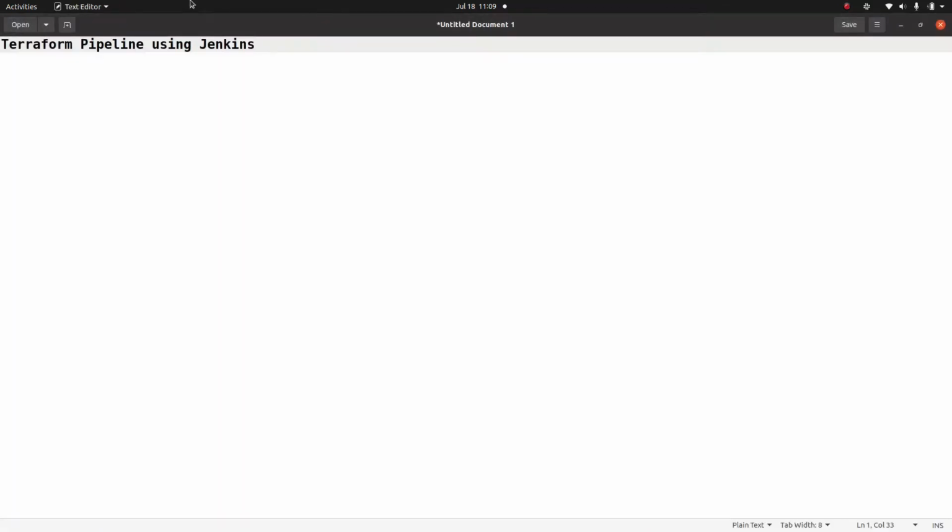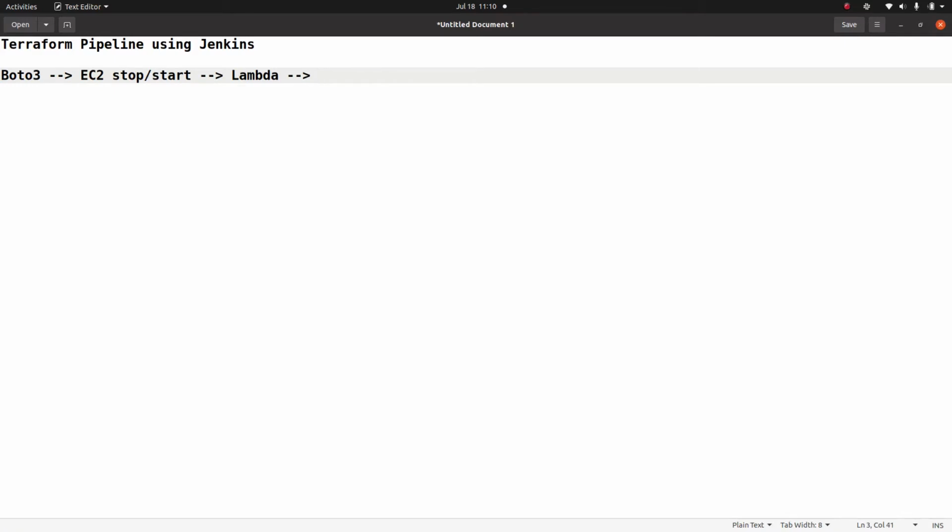First you learned this Boto3, right? Using that Boto3 module, you created a script to stop and start EC2 instances on the interval that we defined. Now to further automate that, we used Lambda, and Lambda along with CloudWatch rules, we defined an interval at which we need to stop or start the instances. Once that was done, we thought a further level of automation was required, and that's where we used Terraform to build the entire infrastructure, rather than using the AWS console.